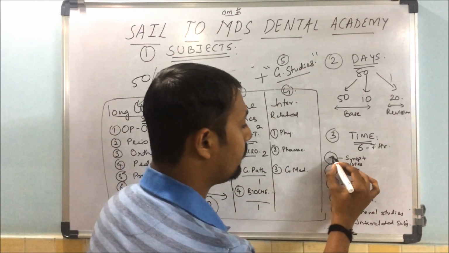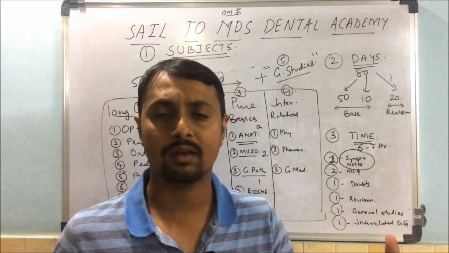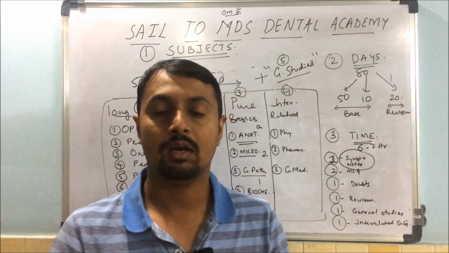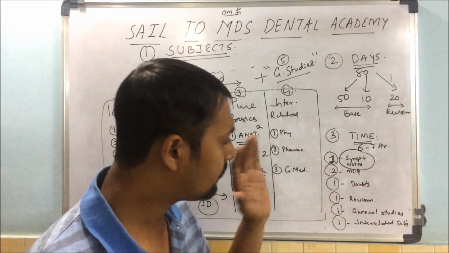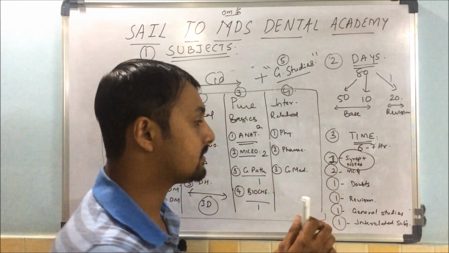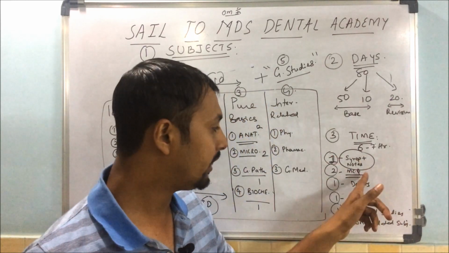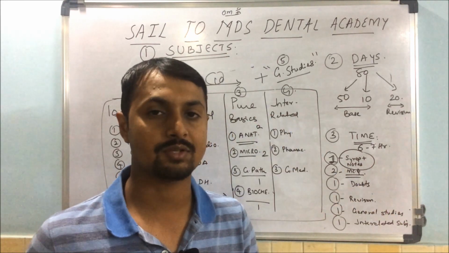In this, 1 hour you have to study the synopsis and notes. Synopsis from any book you can study, and the notes which I will send you via voice message, videos, images, etc. So that 1 hour every day you have to study. Okay, and from that synopsis you have to do the MCQs. If you do the MCQs directly, it is of no use. First have the synopsis and notes and then read the MCQs.